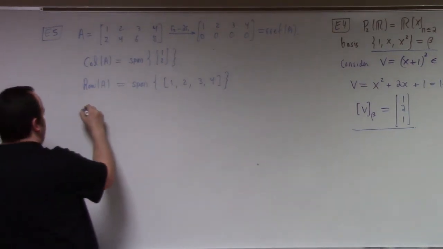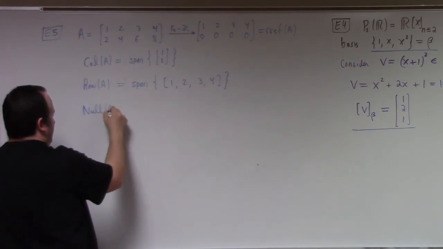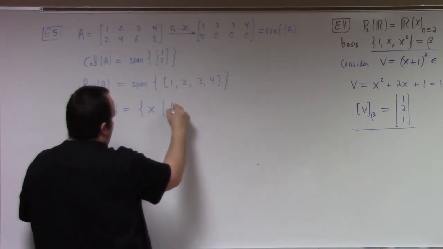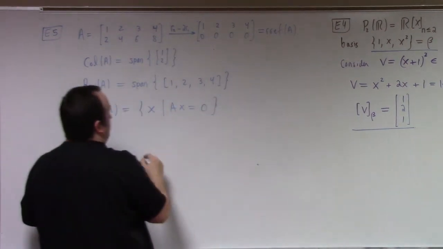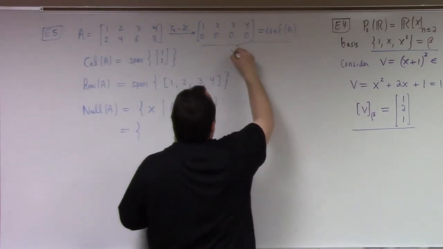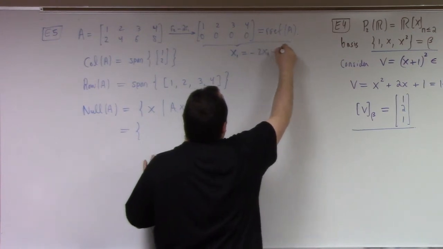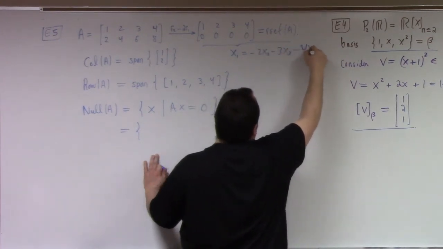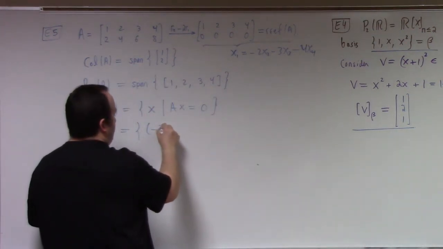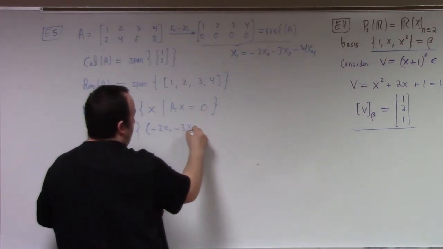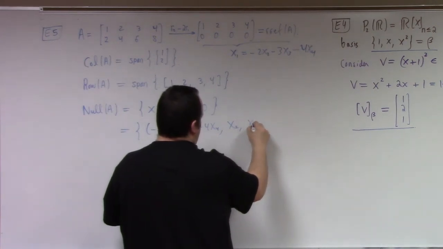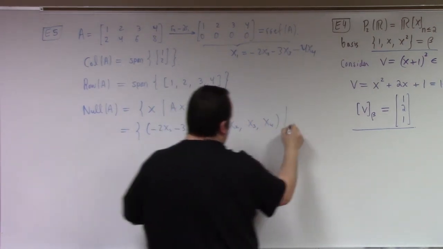It's the thing you guys tend to have more trouble with until you master it, in which case, after you master it, it's kind of not a big deal. So we're looking for x such that Ax equals 0, right? Looking up here, this tells me that x1 is minus 2x2 minus 3x3 minus 4x4 for that equation. So I just plug that down in here. I've got minus 2x2 minus 3x3 minus 4x4, and then my x2, x3, and x4,